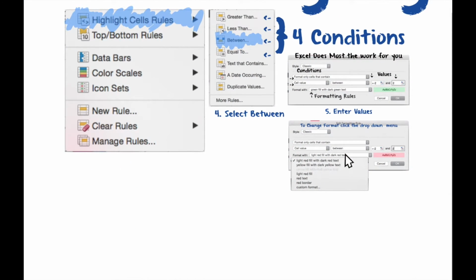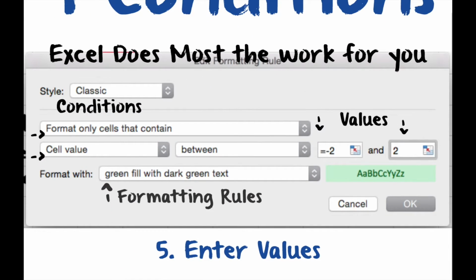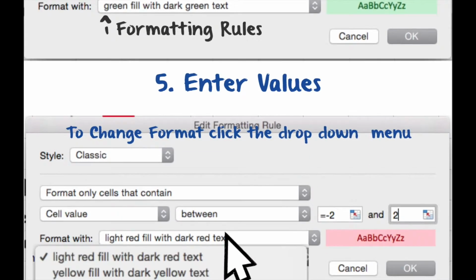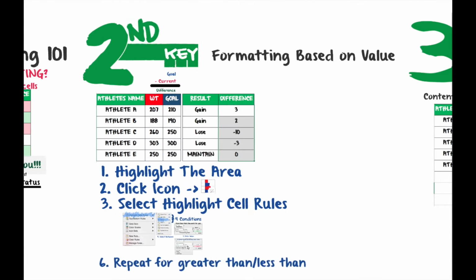Once you click the Highlight Rules drop-down list, you can see the 4 basic conditions in plain sight. For this example, we're going to select Between, then the Format menu will pop up. Excel does most of the work for you, and now all you have to do is double-check the conditions and enter the values in the boxes. Once you have entered the cell values, select what format you would like to represent those values in the Formatting Rules drop-down list. If you'd like to change the format, click on the drop-down and select one of the following options. Then, we're going to repeat that process for greater than and less than values to complete the formatting of